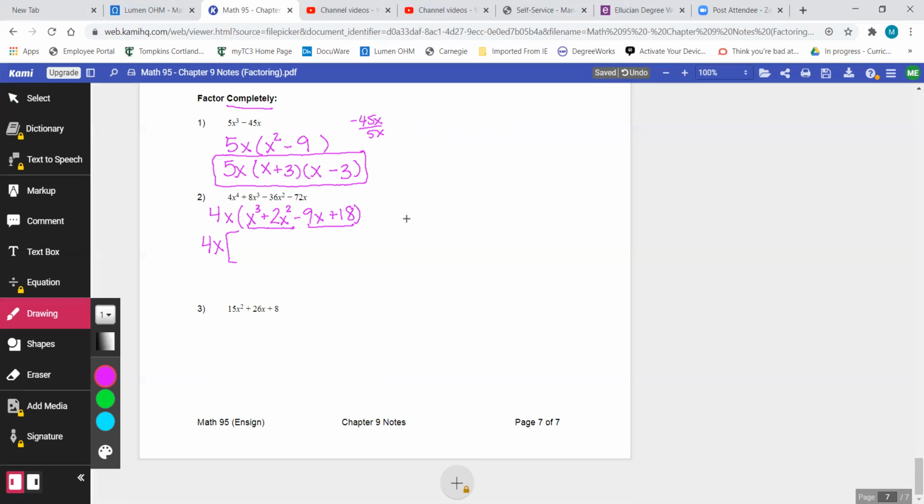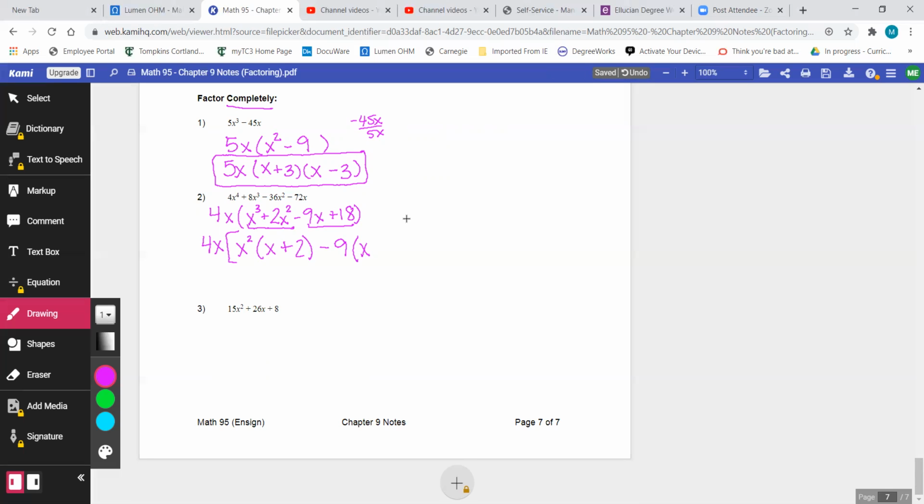So what these two have in common is x squared. And remember, right now I'm forgetting that these exist. I'm only looking at these two, pulling out their greatest common factor, which is x squared, and then what's left is x plus 2. And then for these two, I pull out minus 9, and then I have x, remember 18,